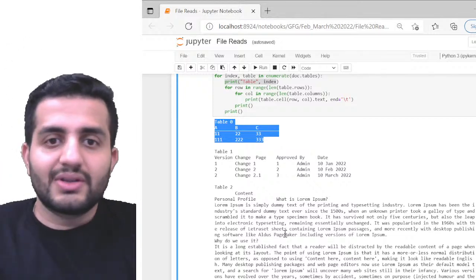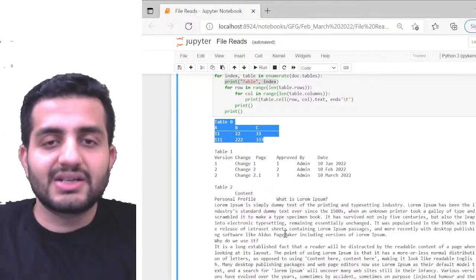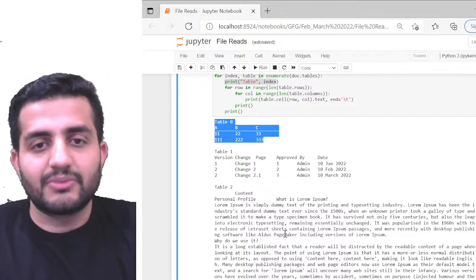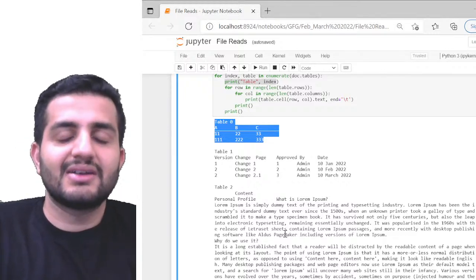We can store this information maybe in a list. We can do it in a dictionary. We can also store this into a pandas data frame. We can still do that. Even a list can be converted into a pandas data frame. So anything is fine. We'll stick with the two core basic data types, which are list and dictionary.